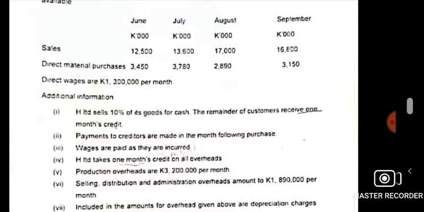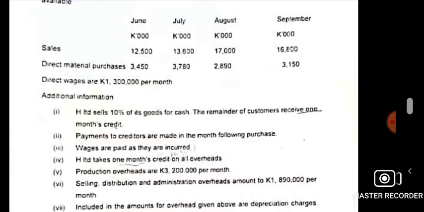Then what next? If we look at the same material purchases, is there any detail that they've told us? Any other additional information? Always whenever you see details, read the additional information. It guides you. Like for sales, you saw that we had to read additional information 1, to know how to treat sales. So it's very important to read the additional information because they relate to the things you're seeing there.